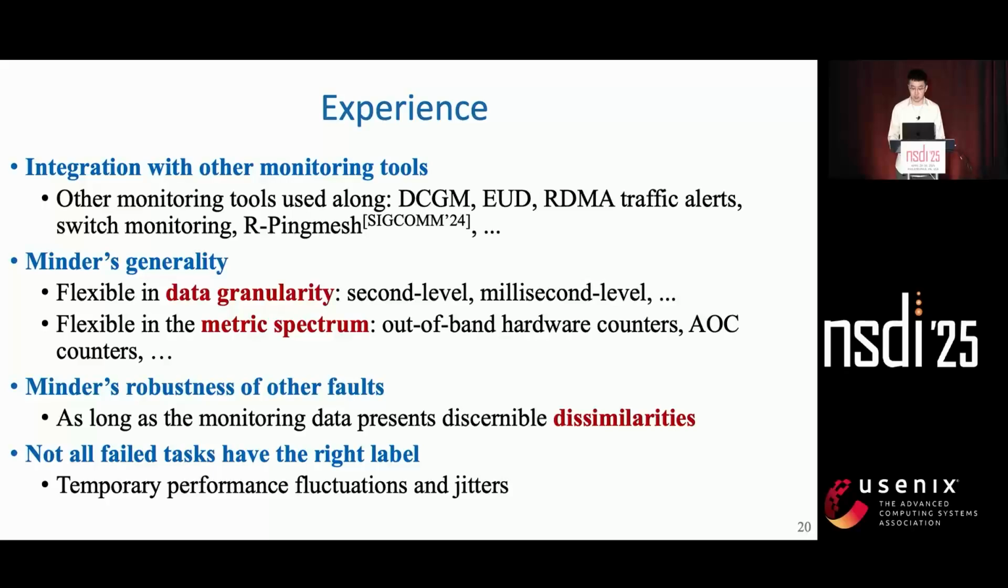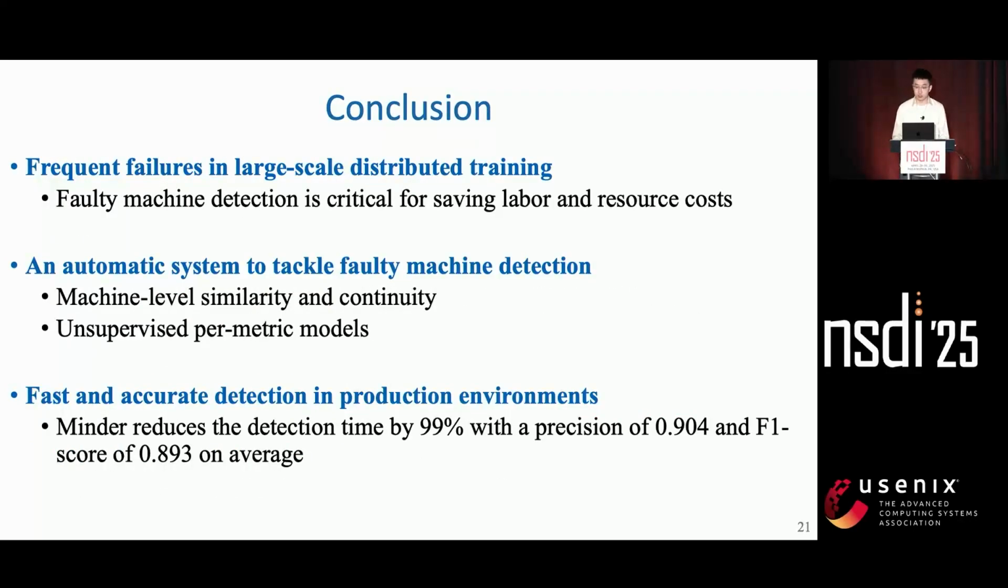In Minder's production execution, we also observed that some labels in the dataset were inaccurate due to short-term jitters and fluctuations, which highlights the importance of robust anomaly detection mechanisms. In conclusion, we emphasize the critical importance of faulty machine detection in distributed training due to its severe impacts on production environments. To address this, we built Minder, leveraging the concept of machine-level similarity and continuity. Our evaluation highlights Minder's ability to significantly reduce detection time while demonstrating the effectiveness of its design choices, making it a robust solution for fault detection in